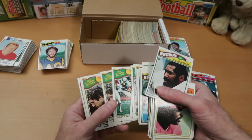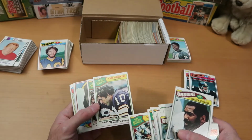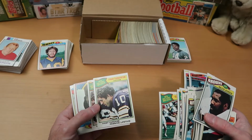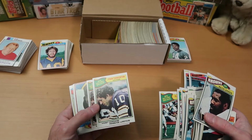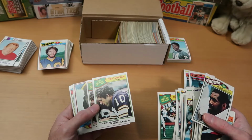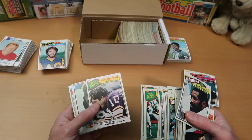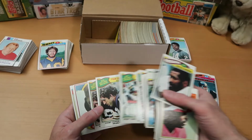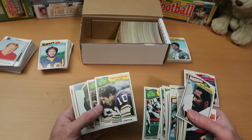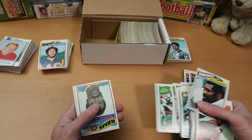And Fran Tarkenton, we just talked about him. He was a great quarterback for many, many years. He held the record when he retired for most yards passing in a lifetime. Drew Brees has that record now, I think. Wow, so it took that long for that record to be broken. It did, yeah. As far as I know, although I'm not sure if maybe Montana or Steve Young might have broken that record before. I'd have to look that up. I think that record was broken sooner than